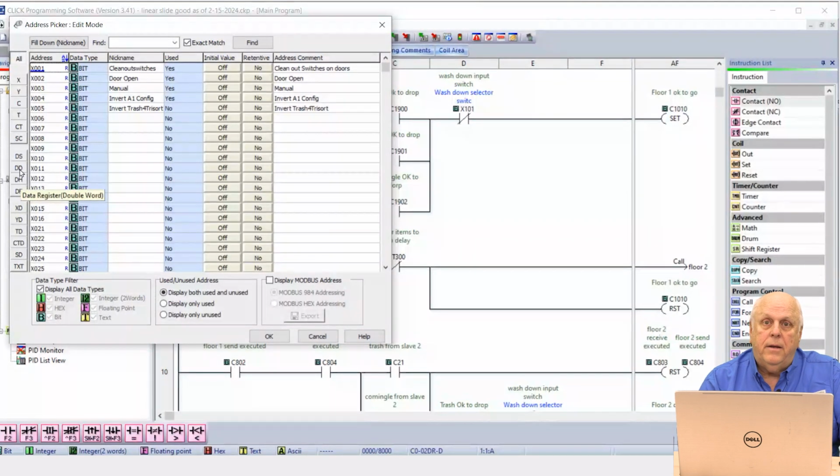A DD is a 32-bit integer. A DH is a hex. A DF is floating point or real. The proper term that we use in computers is real. So they made up these names. So you get used to it for this product. But if you want to switch to a different product, it can be tough. Because if I go over to this product,